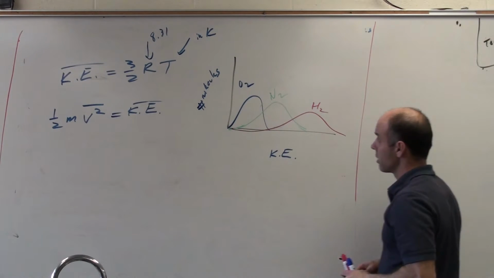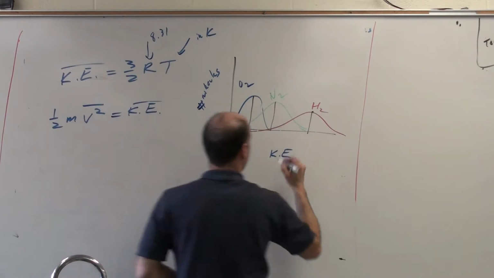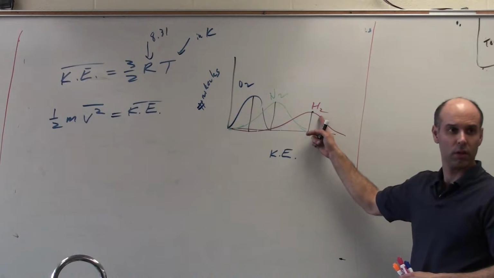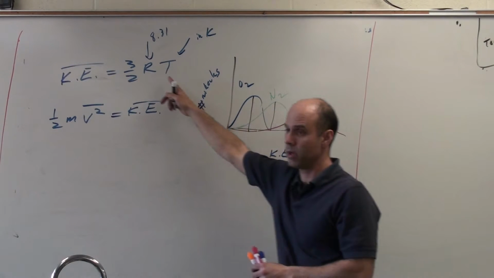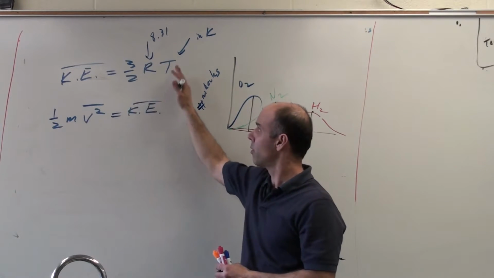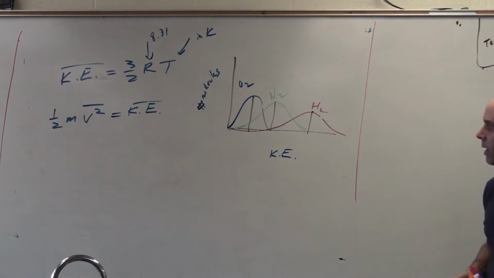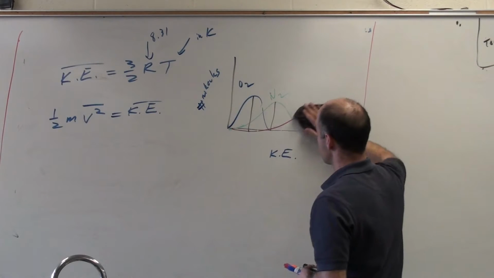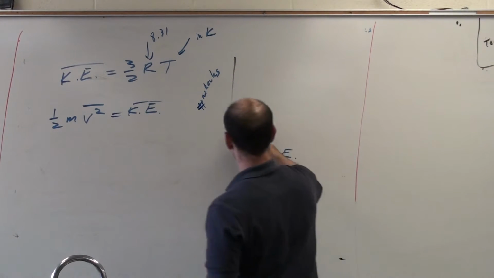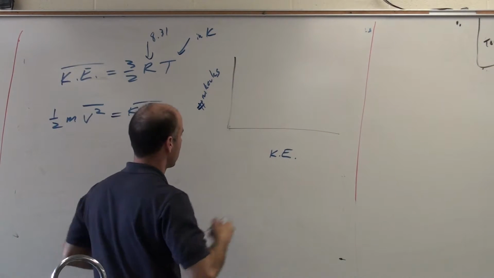So here's my average for the oxygen, here's my average for the nitrogen, here's my average for the hydrogen. So which one's got the highest average kinetic energy? The hydrogen. So who's gonna have the greatest temperature? The hydrogen. Okay. So they're not gonna ask you to manipulate this equation. They're gonna ask you something like I just said, who's got the highest temperature? And then the corollary to that one is the one like this, where they go